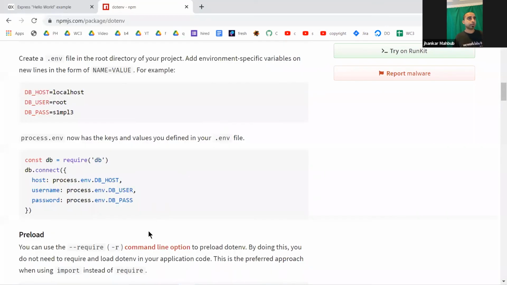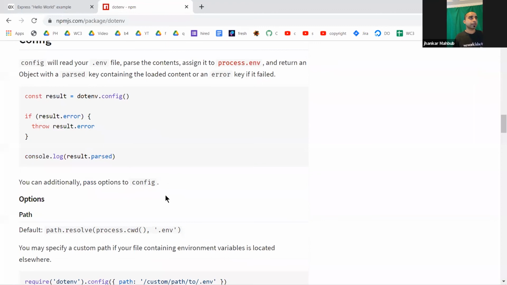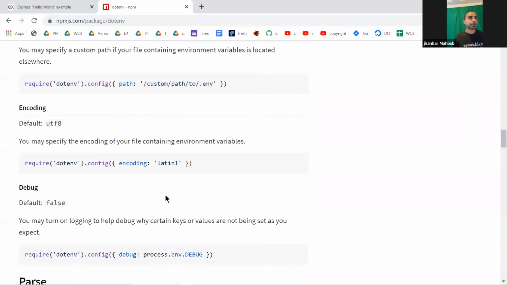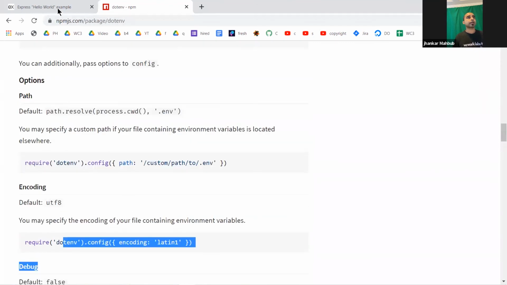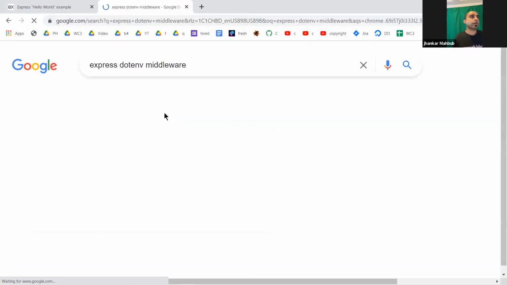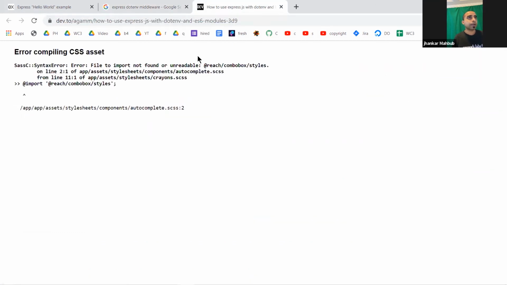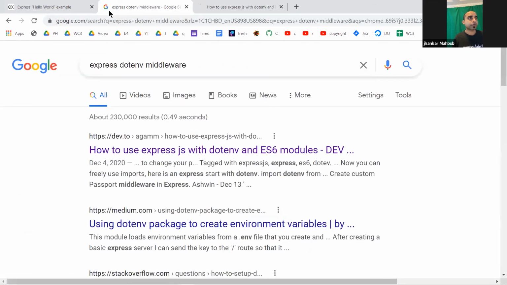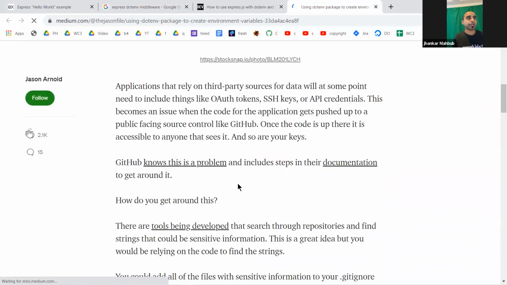you need to do one extra thing to use it as middleware. You already did the config, so search here for express.env middleware, and it will take you to an article. This article has some issues, so let's go to this other article, and it will tell us how to use it.